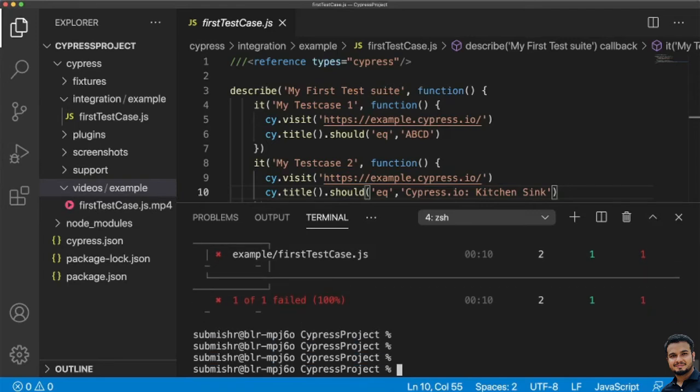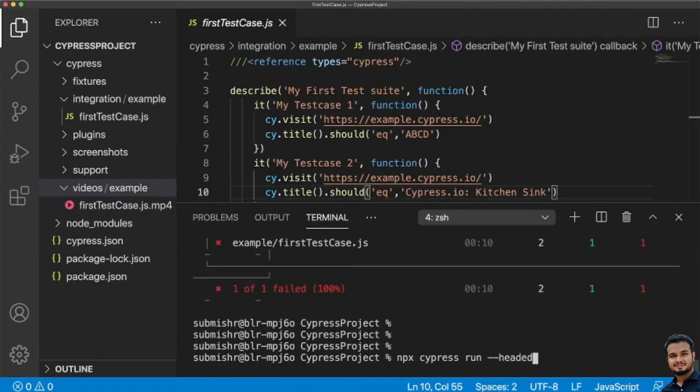Now you can ask how to execute from a different browser from the terminal. You have seen how to execute from a different browser from the Cypress test runner, but you do not know how to do it from the terminal. Again, you write npx cypress run, then in place of headed, hyphen hyphen browser, and here you write the browser you want to use, for example Chrome.